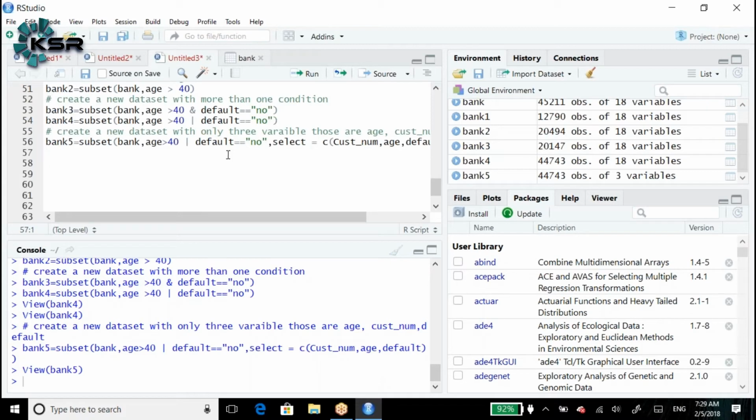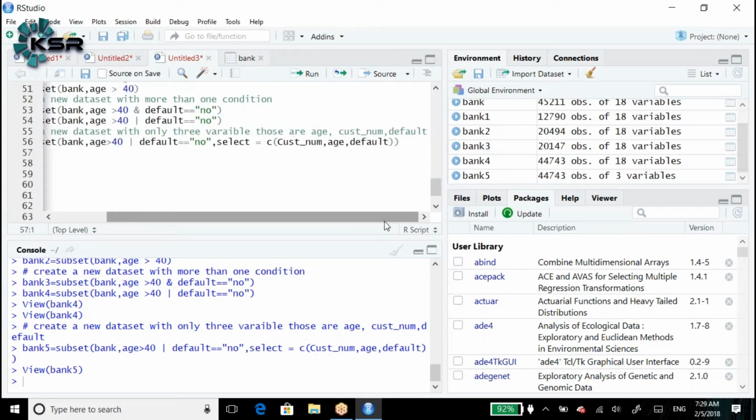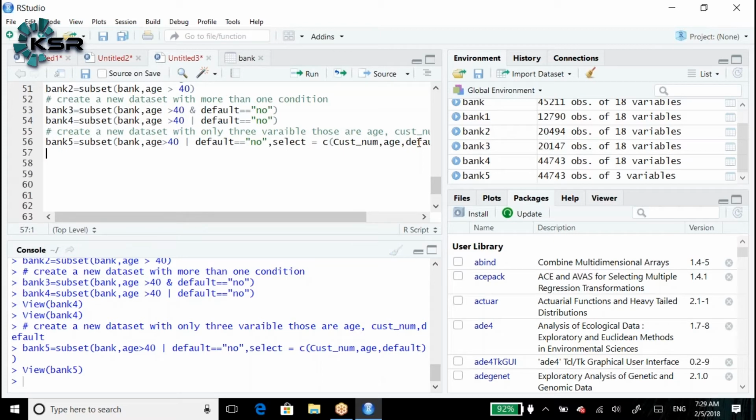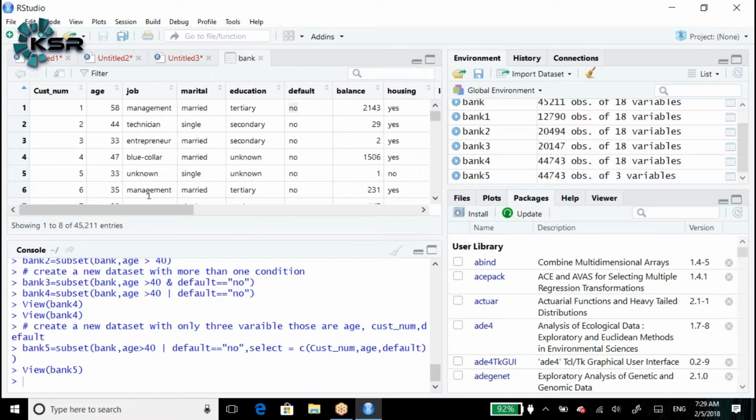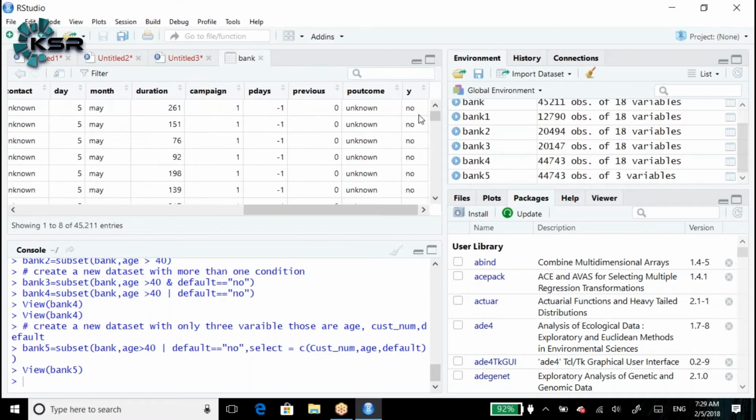Here what we are doing is selecting, and from the select we need to select only 3 columns: customer number, age, and default. For example, in the bank data, I don't want to select y, p outcome, previous. I don't require y and p days in my output. We don't want p days as well as y in the final data set.